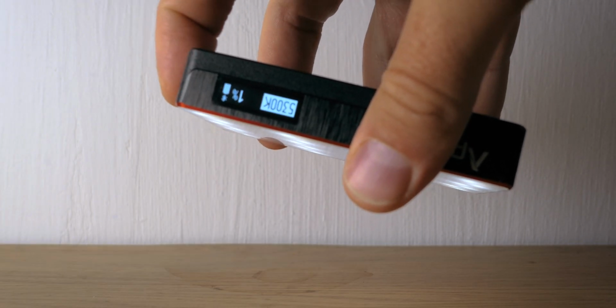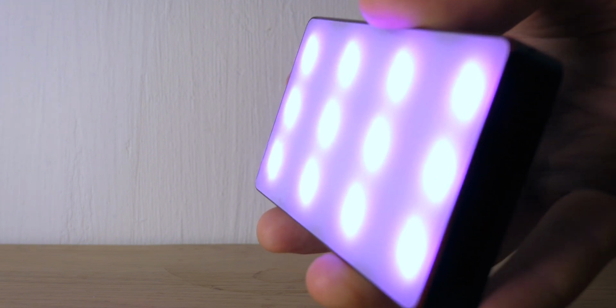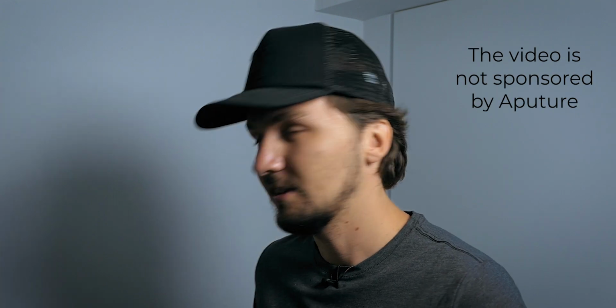This light is bicolor, which means that you can dial in any color temperature of white light that you want, and also full RGB, so I can actually dial in any kind of color that you want. And you can even control it with a mobile app with a nice color wheel, so you can dial in the exact color that you want. And also this light has an internal battery, it has a magnet, it comes with this nice diffuser,